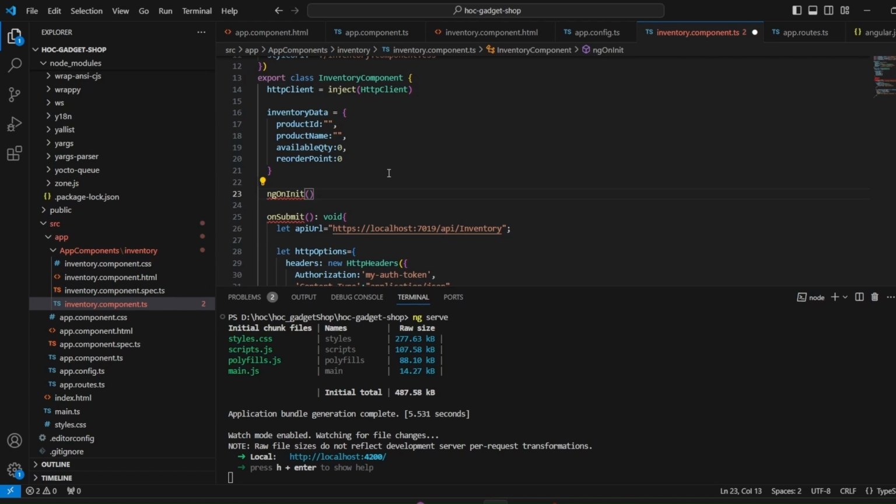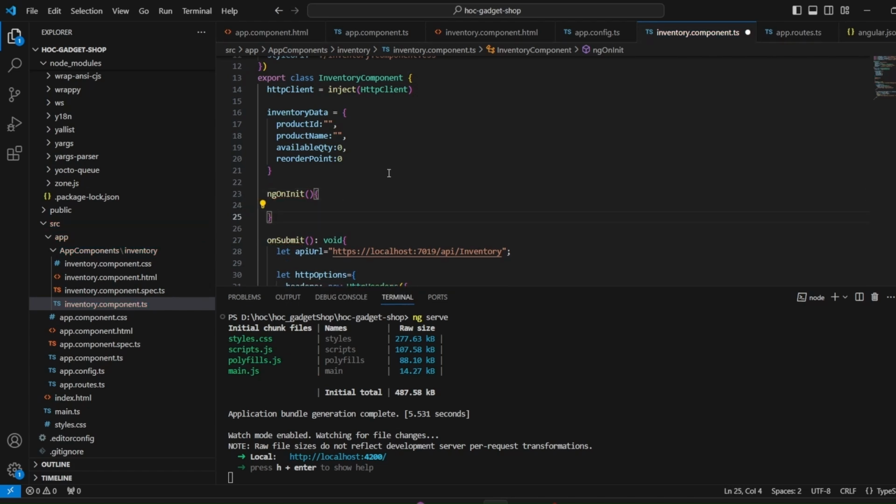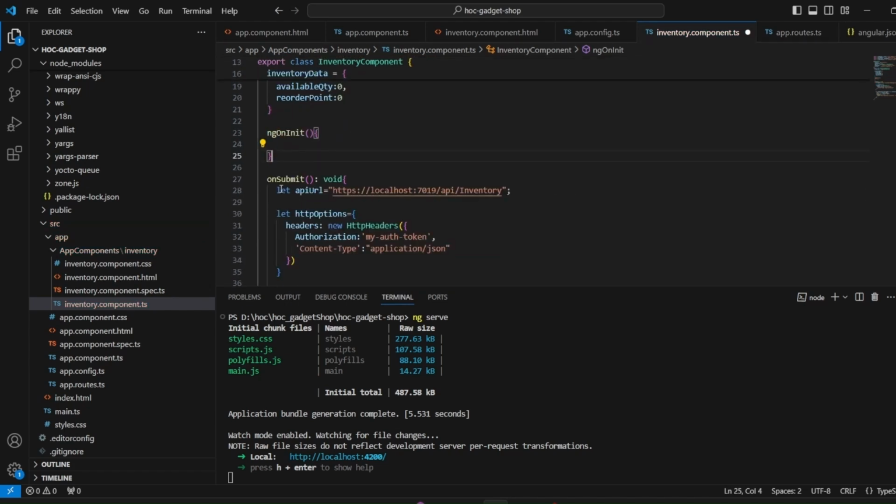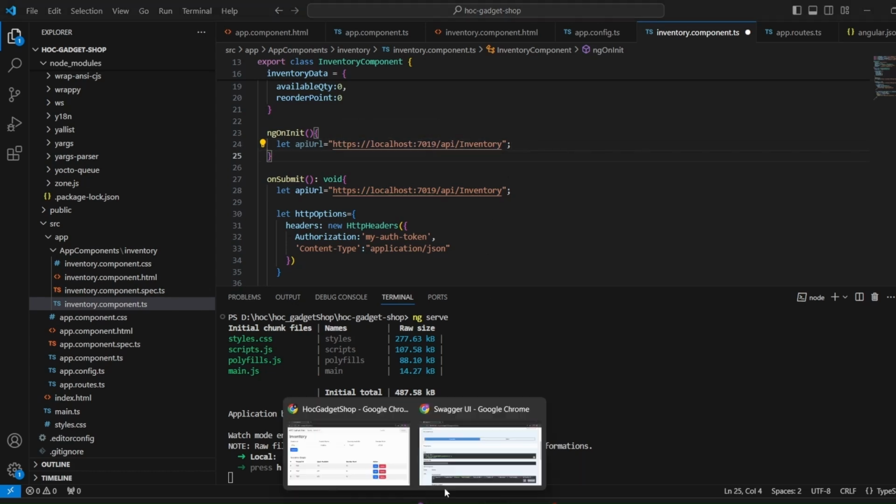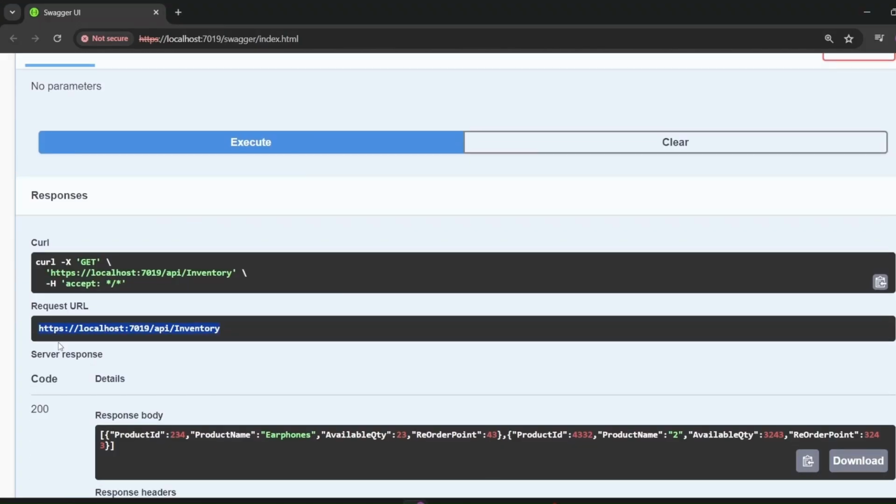Once the function is getting initialized, we want to get some data right from the backend. We already have the URL of inventory API. We can just make sure that the get API also has the same request URL. So over here we see that the request URL remains the same. If we are not passing any parameters, it would be a get call.